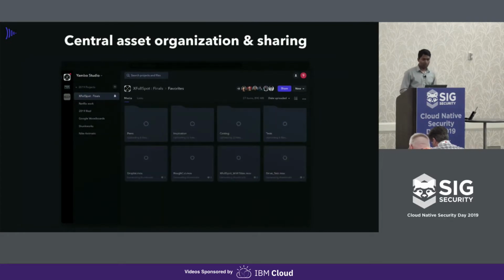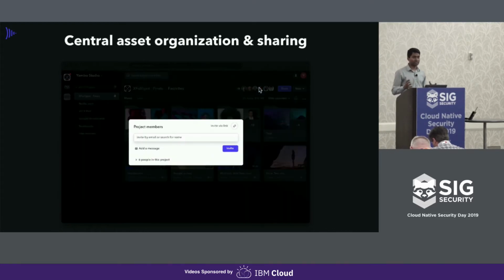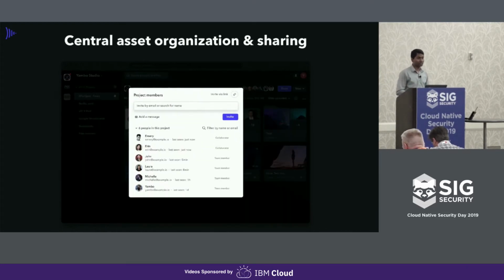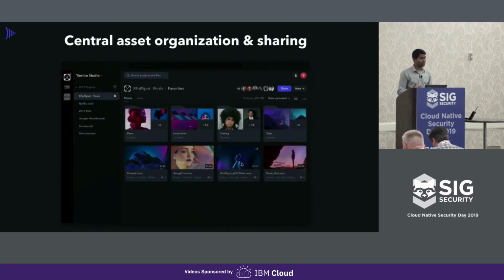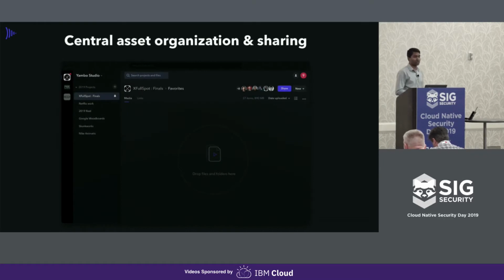Another thing is that we allow people to create a secure hub for their film productions. It's a single place where your teams can control who can see what and when. It also lets teams easily organize and manage the versions of each asset, which is, again, very important when you're working with thousands of episodic contents and you want a place where you can easily manage those videos.